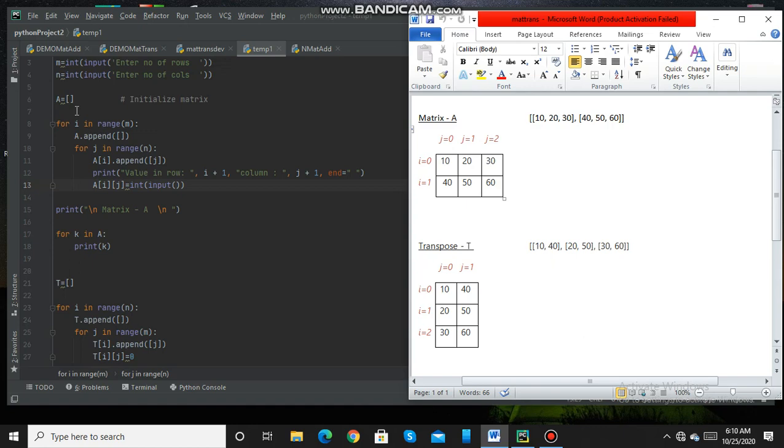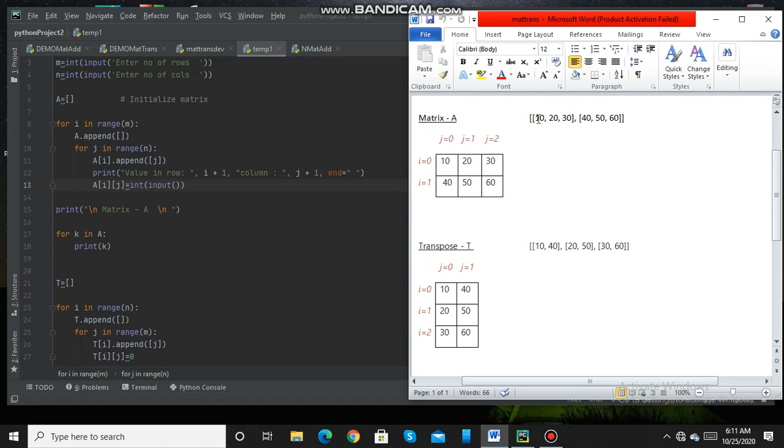Now for each iteration of I, a new list is added to the matrix, and for every iteration of j, values entered by the user are appended inside this list. In this case, initially the value of I is 0. It will come here, append a new list, that is this.